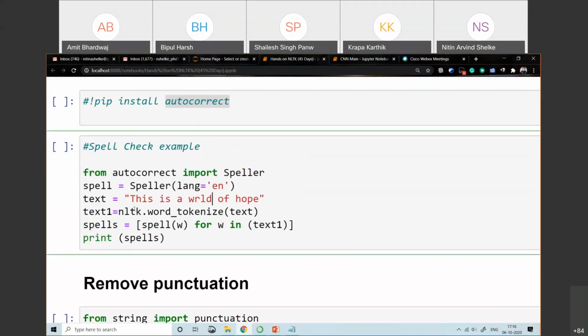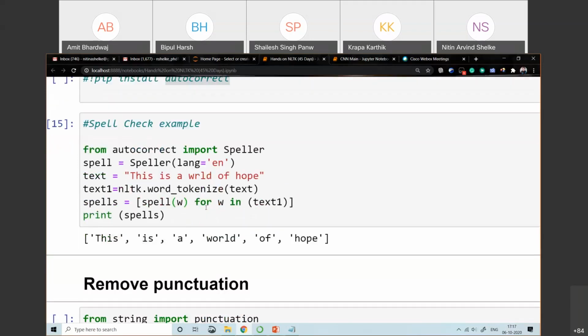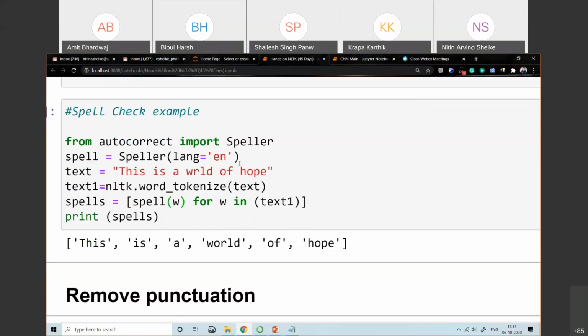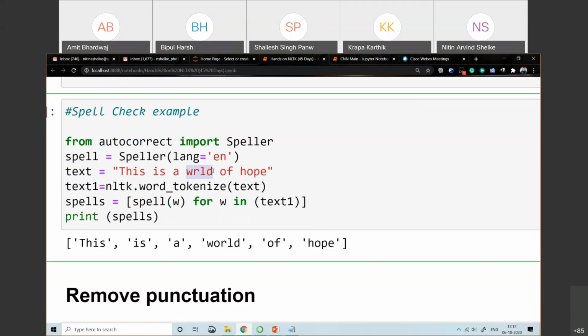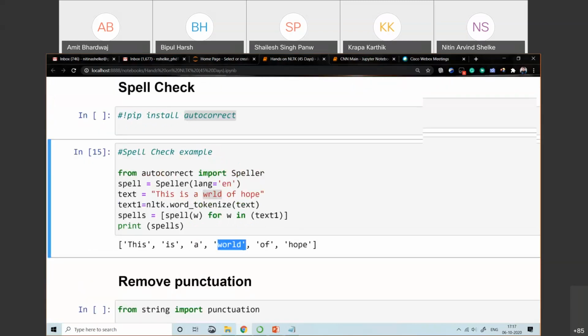To handle this kind of spell checking, we first divide the text into tokens, and after that we apply the speller to correct each word. So WRLD gets identified and rectified over here.